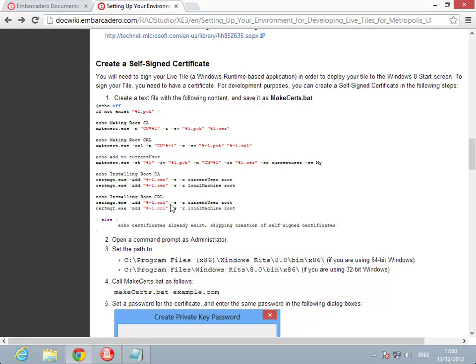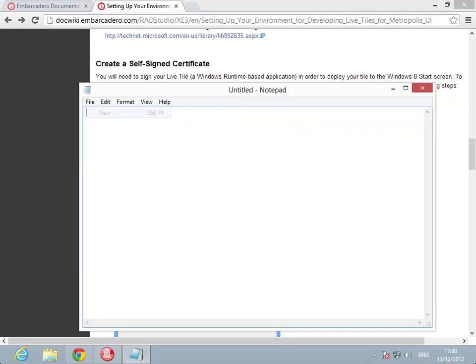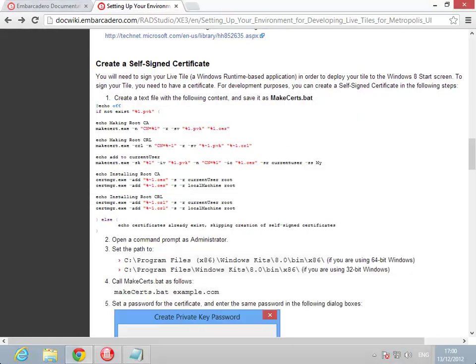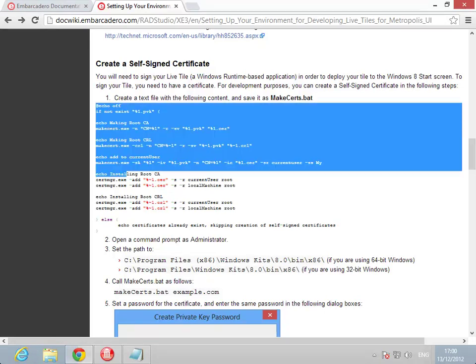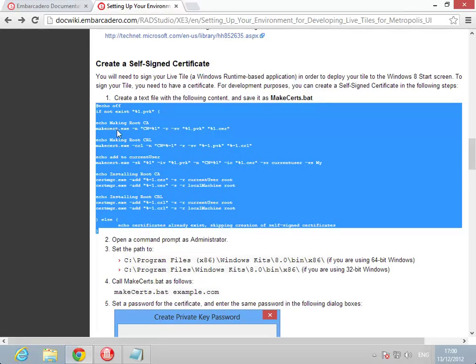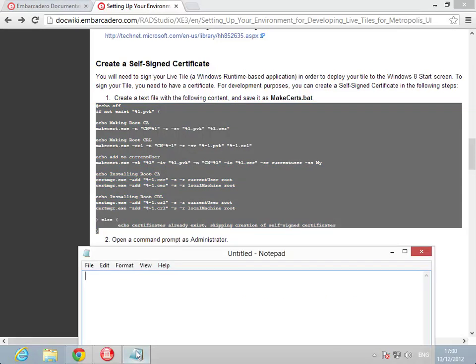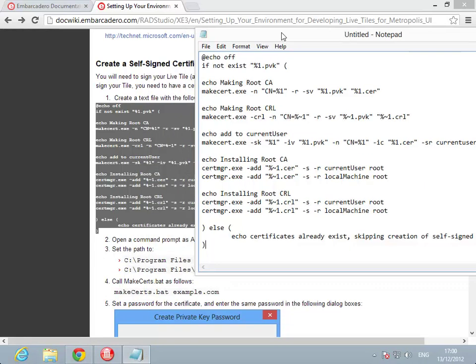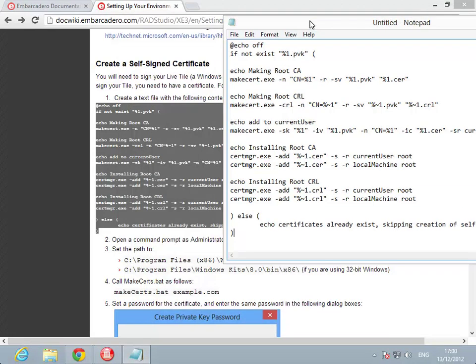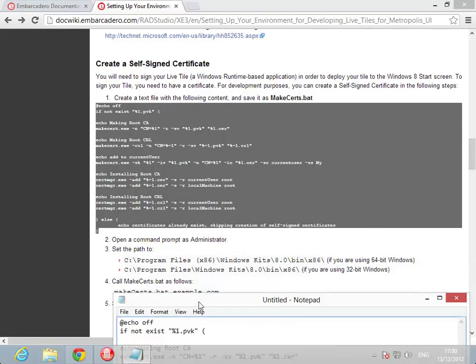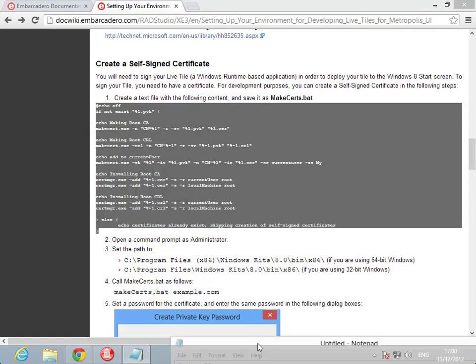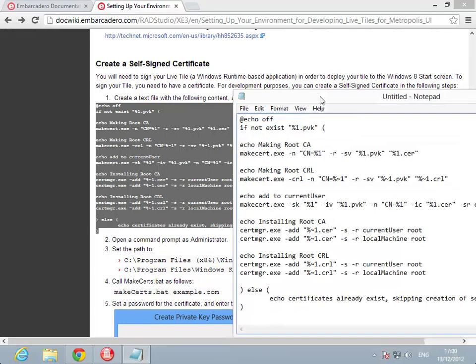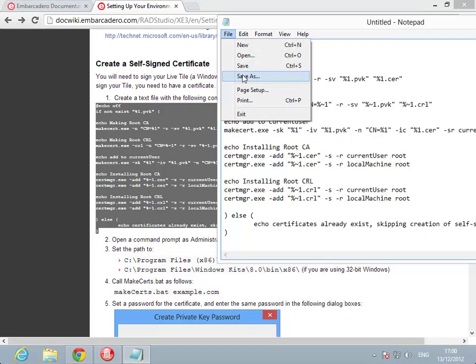Okay, so we're going to need Notepad again. So let's just go back here and say File, New. And this time we just need to copy everything in here. Let's copy that, paste it into our Notepad document, and we need to go and save it somewhere useful. So it's saying here to open command prompt as administrator and set the path to this, and then run the make certs. So let's just go File, Save As,